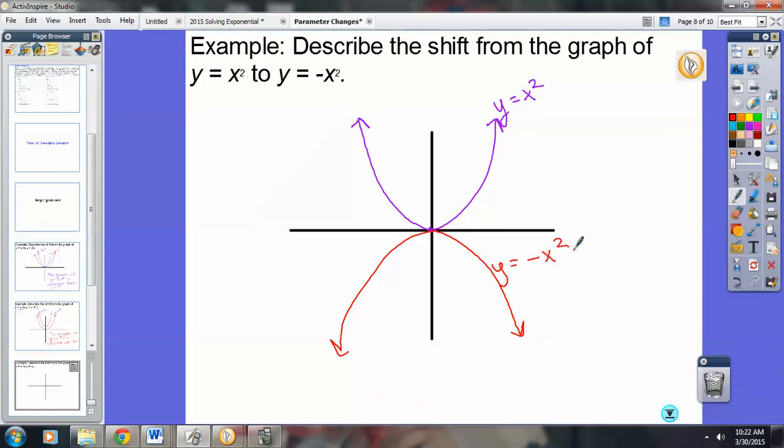Are you guys labeling your graphs? Okay. It'll be more useful to you later if you've got them labeled. So let's describe here what is happening. We can say the graph of